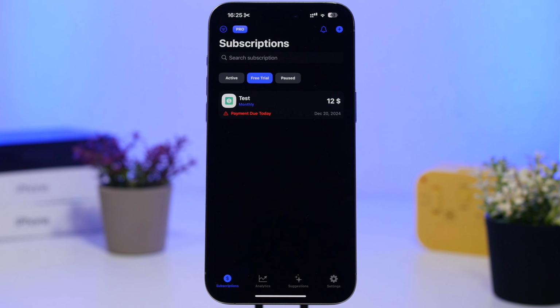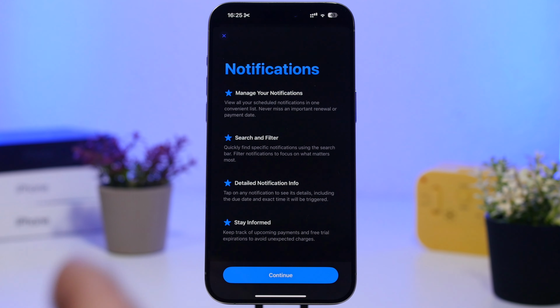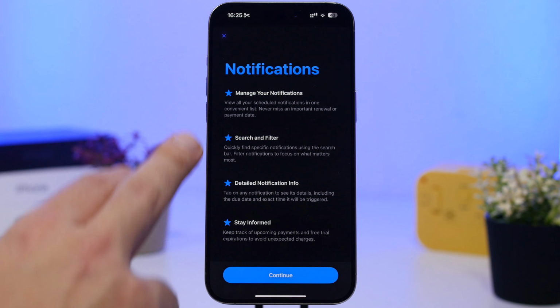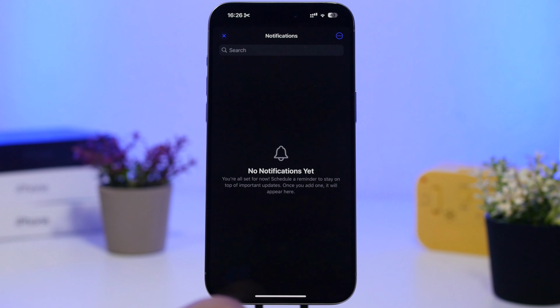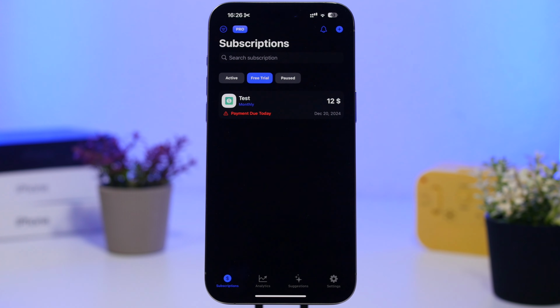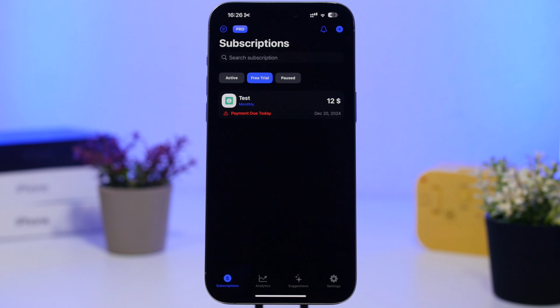Now what's really awesome about this app is that it will notify you of what you have to do. So right here you can see the notifications. You can manage your notifications, and of course see detailed notification info as well. So it sends you notifications when you need to pay. Of course, before any subscription is actually ready to be renewed, it will send you notifications letting you know that you will have either to cancel it, or if you want to, of course,